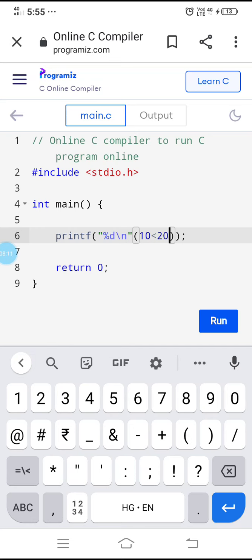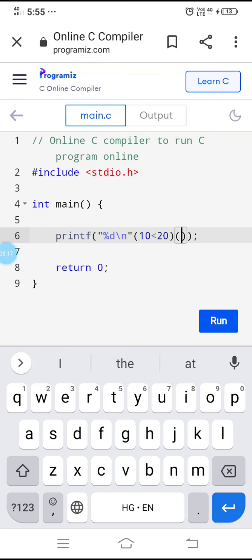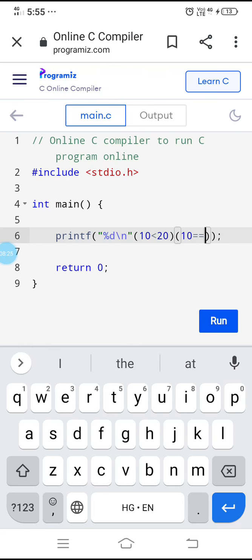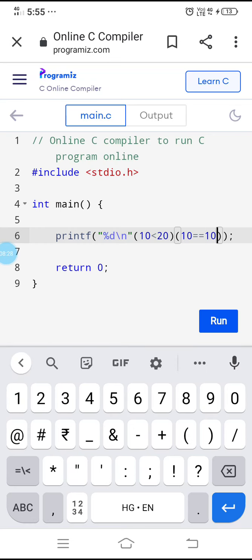And write one more relational operator statement, anything, 10 double equal to 10. So in the logical operators we have the logical AND operator, that is this one. This is called the logical AND operator.